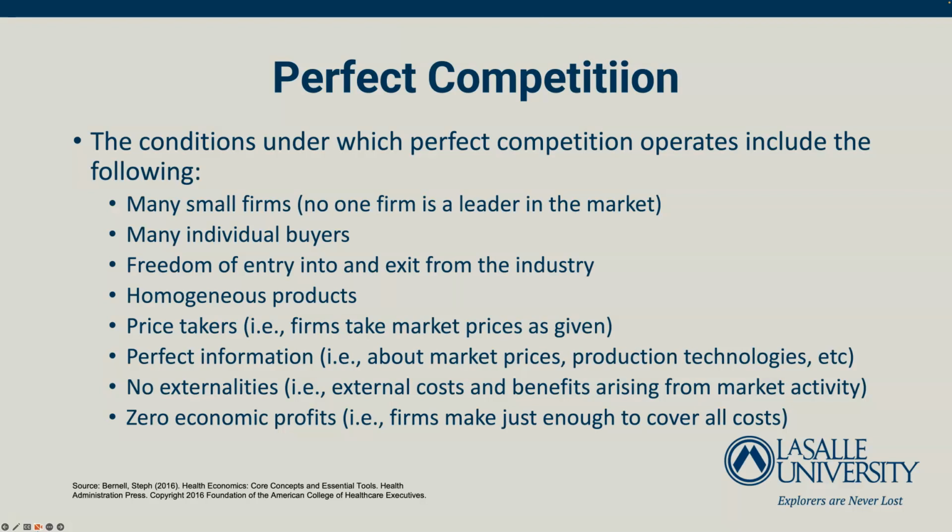We also have homogeneous products. These products are not at all differentiated from one another, and that would apply in particular to certain agricultural commodities, for instance. We're assuming that firms are price takers in these markets. So firms take market prices as given, and they have no real command over the prices that are being charged. We're assuming that there's perfect information, for instance, about market prices, production technologies, or product quality, both on the part